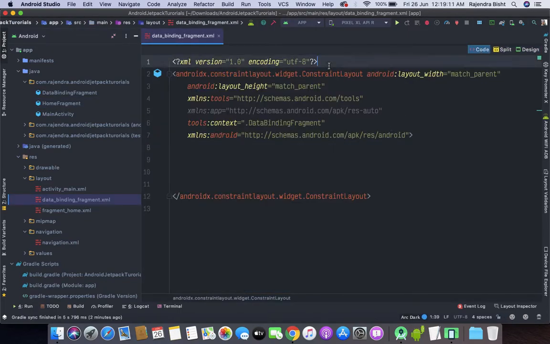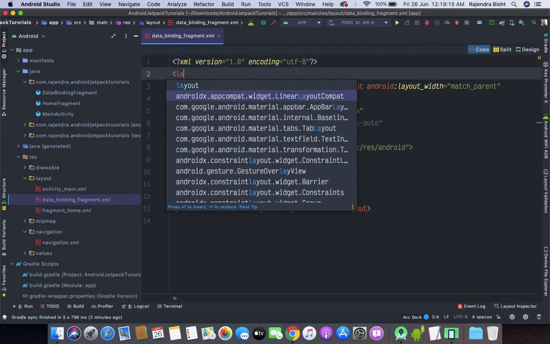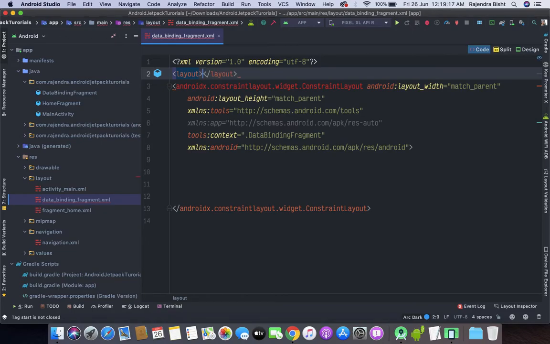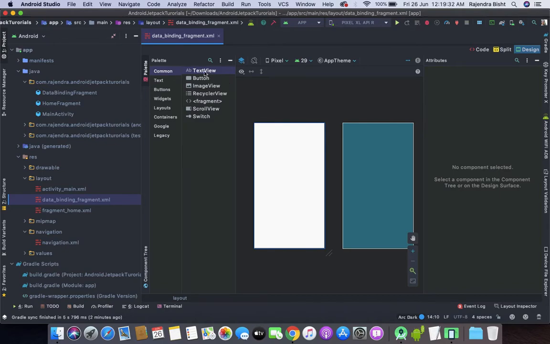First of all, we need to add the layout tag. It means this fragment is using data binding. Now I will add two text views here.